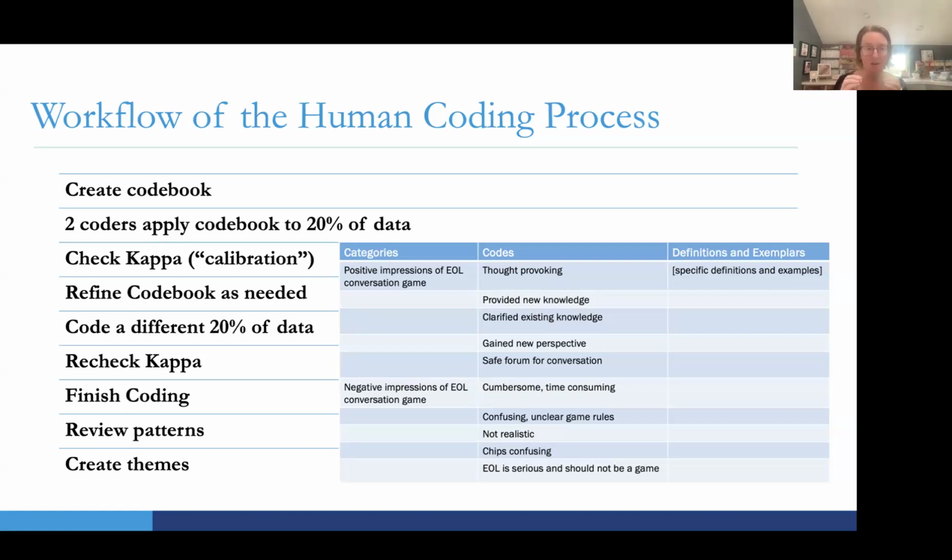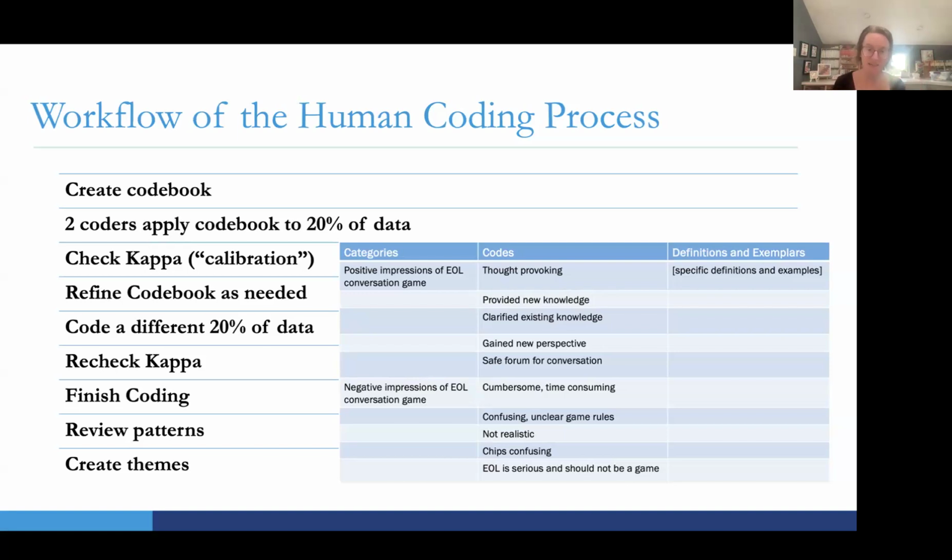And once they've done the coding, coder 1 and coder 2 get together and run a statistic called a kappa, where they say, okay, I coded this piece of data here and you coded it there. Did we code the same data the same way? Did you have a different code than I did? And if so, why? And they calibrate, or they discuss iteratively, why they picked one versus the other, why this code fits, but this one doesn't. And maybe the code book isn't good, and then they have to fix the code book. And so that is an iterative process that occurs with human thought and interpretation.